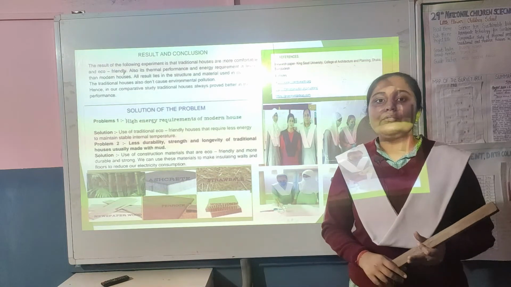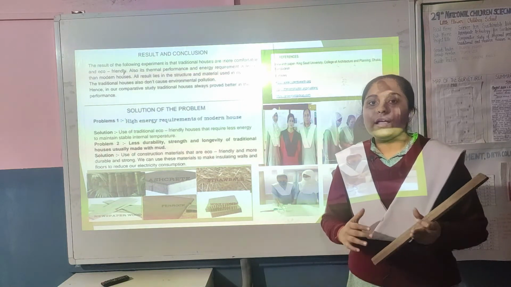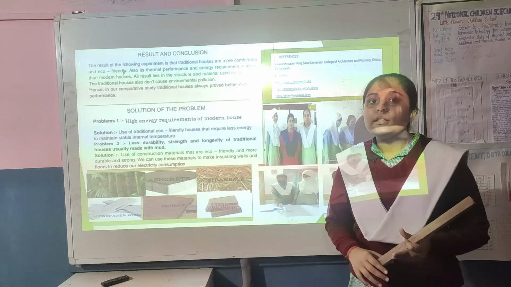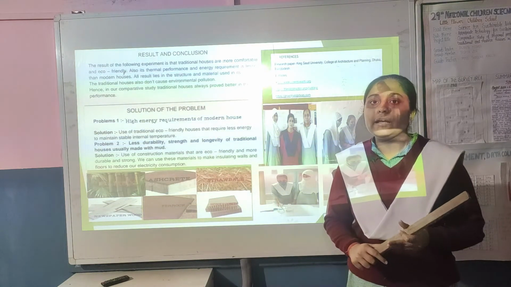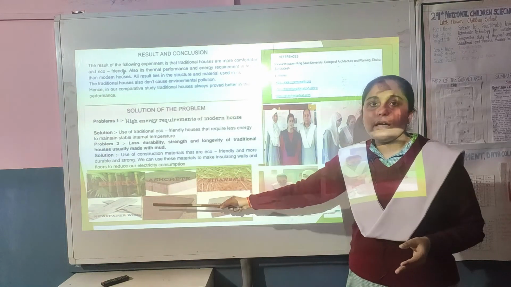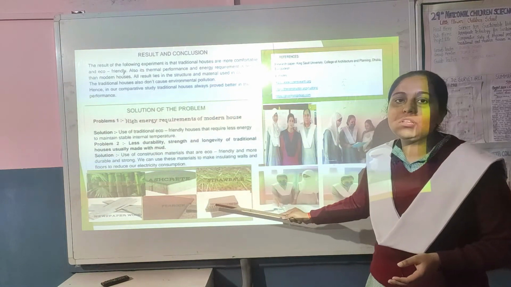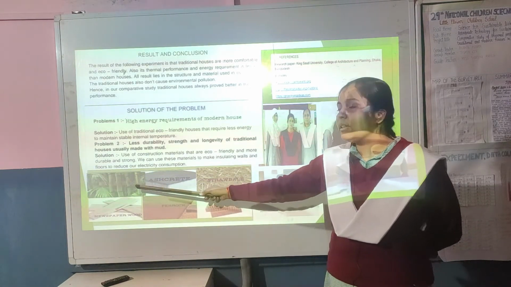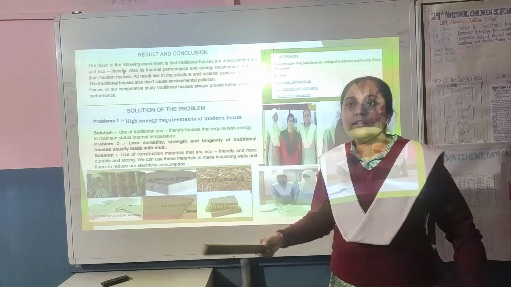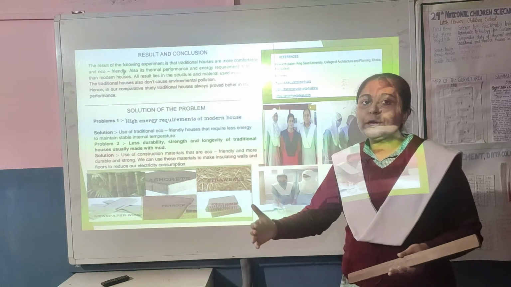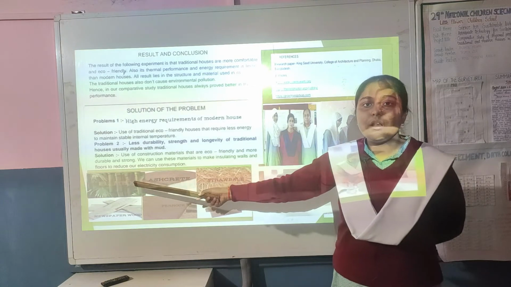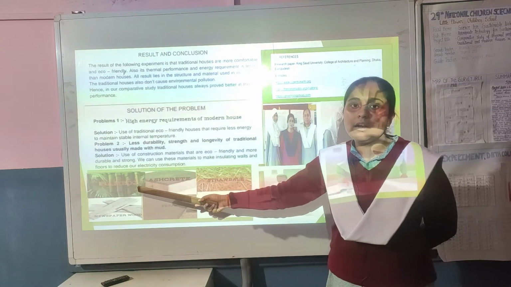So we can use some eco-friendly materials, and we can construct some sort of flooring and walls that provide thermal insulation and maintain a stable internal temperature. I have collected data on some of these materials that will provide better thermal insulation. The first one is bamboo. Bamboo is usually used in the northeastern part of the country. People usually make homes out of bamboo. So this is a conventional material, but it's really thermal insulating.